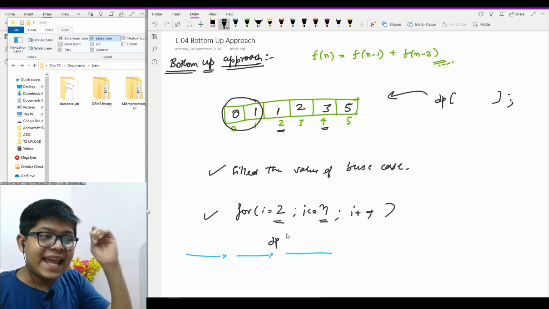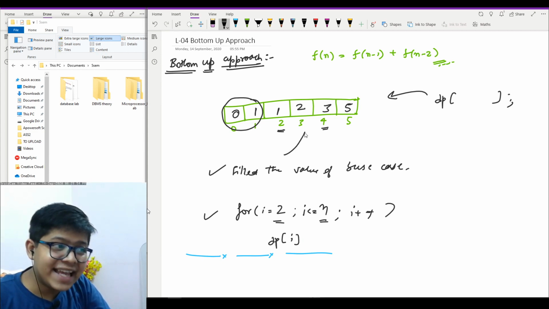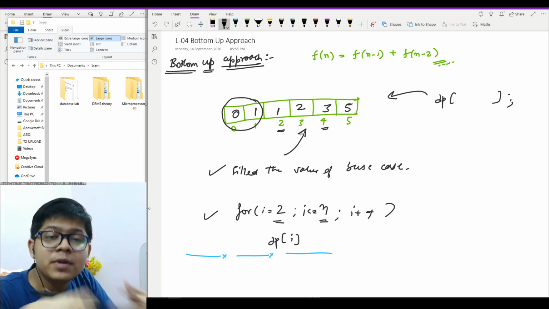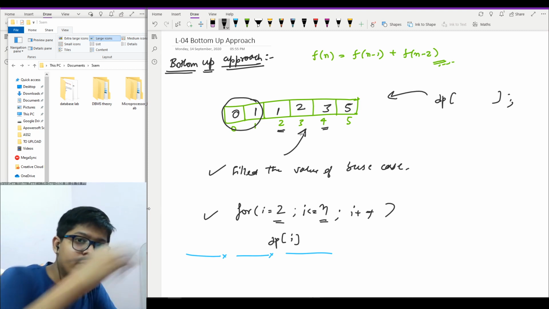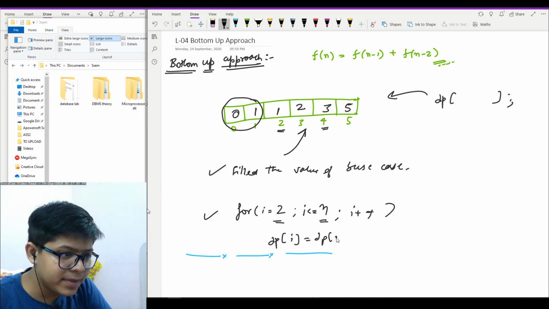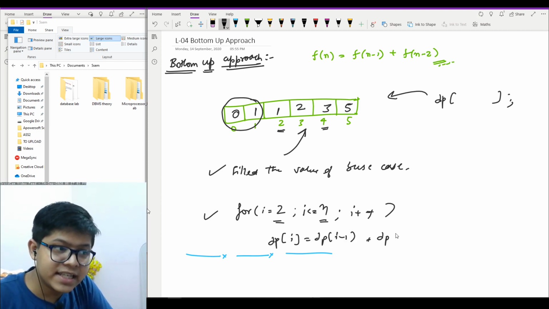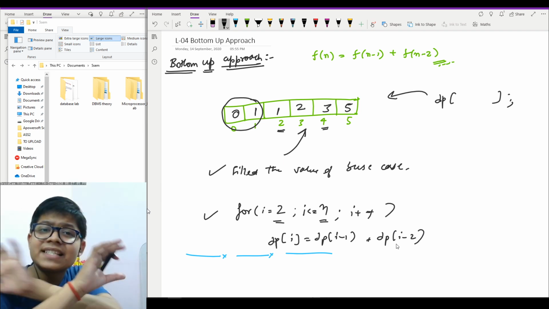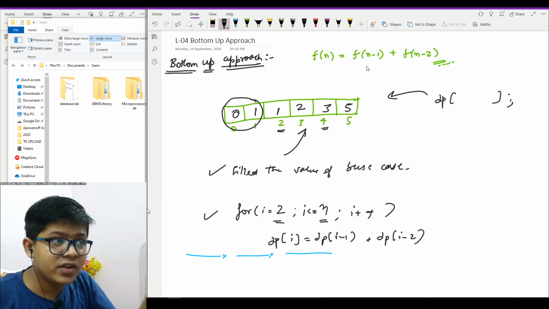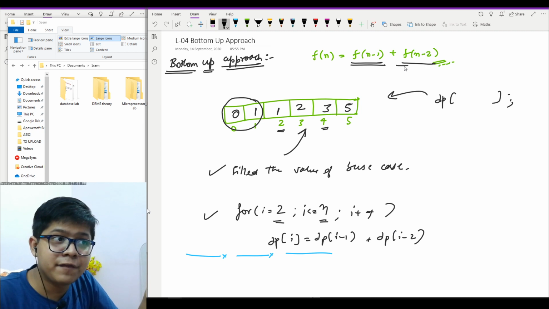Now for any i, at any index, its answer would be from the last two ones, which is dp of i minus 1 plus dp of i minus 2. It is the same as in the last video, where I showed you f of n minus 1 and f of n minus 2.